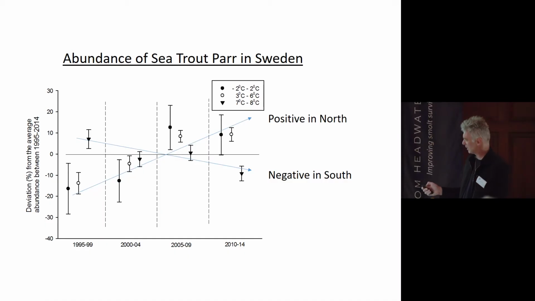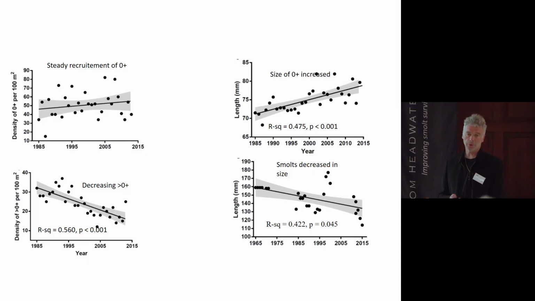So what that gives us is that we have a development in sea trout parr population that's positive in the north, but unfortunately seems to be negative in the south. And that was a little bit worrying because we really don't know what that means and why that is the case. But if we then start to look at the recruitment of different year classes, we can see this is only then from the west coast,